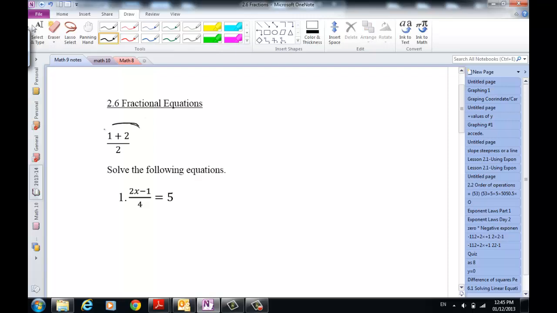So looking at this first thing where it says 1 plus 2 divided by 2. Notice that I could write this as 3 over 2 because I can simplify the top piece, and then the denominator is 2. Also note that this can be written as 1 divided by 2 plus 2 divided by 2. Just in the same way, we can now add the numerator, which is 3, and the